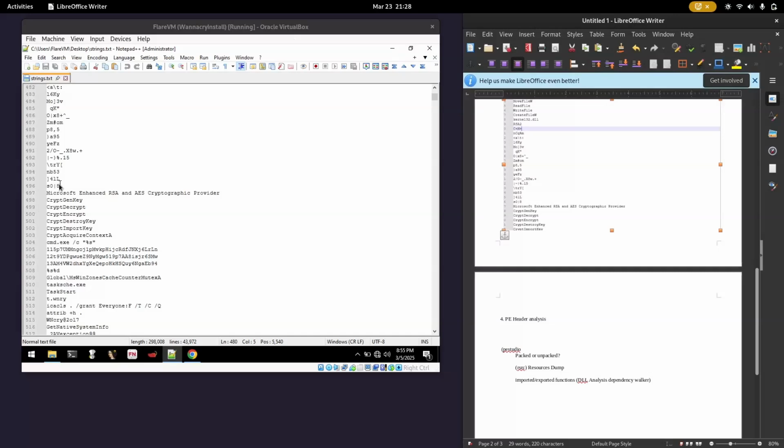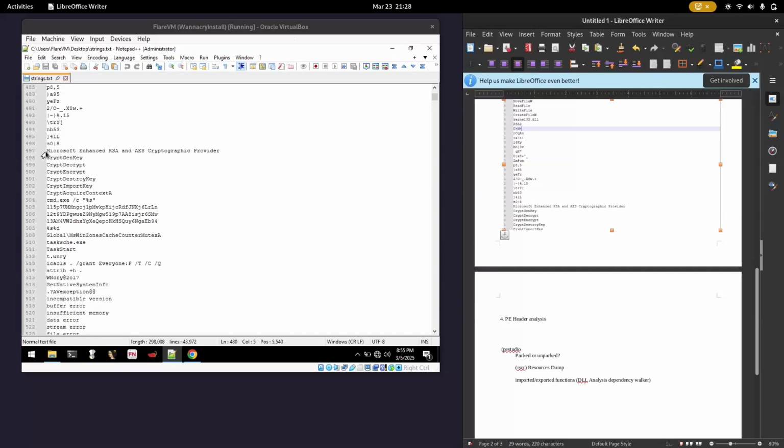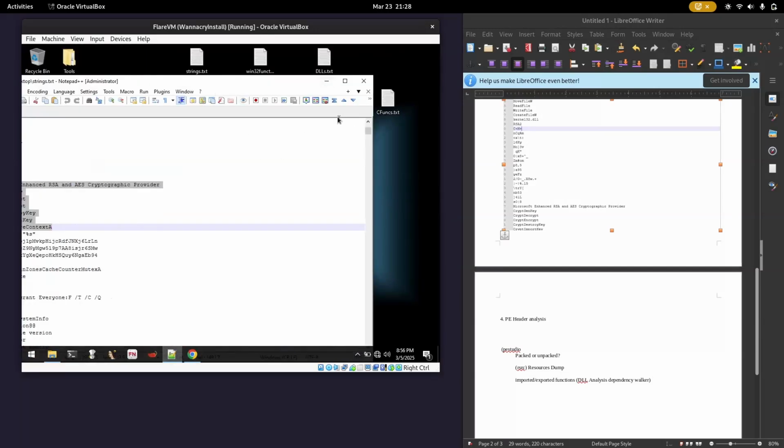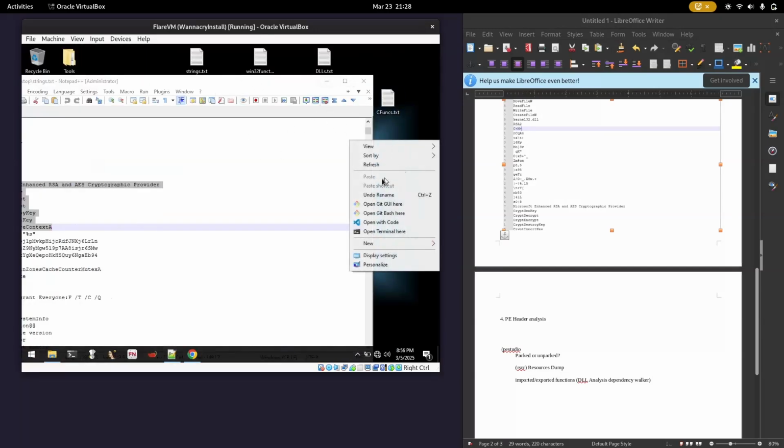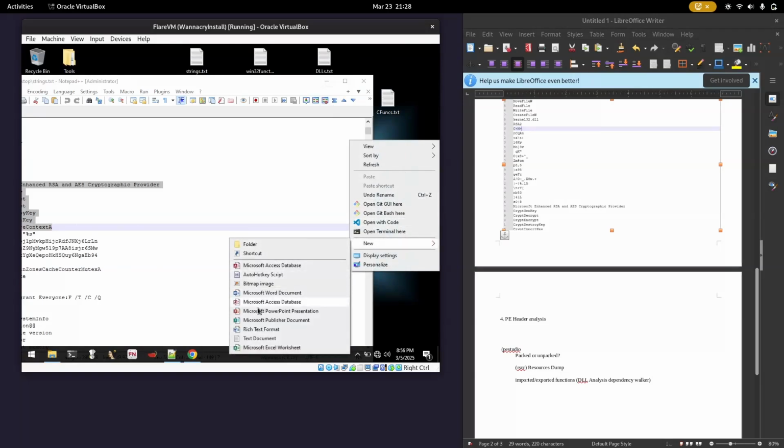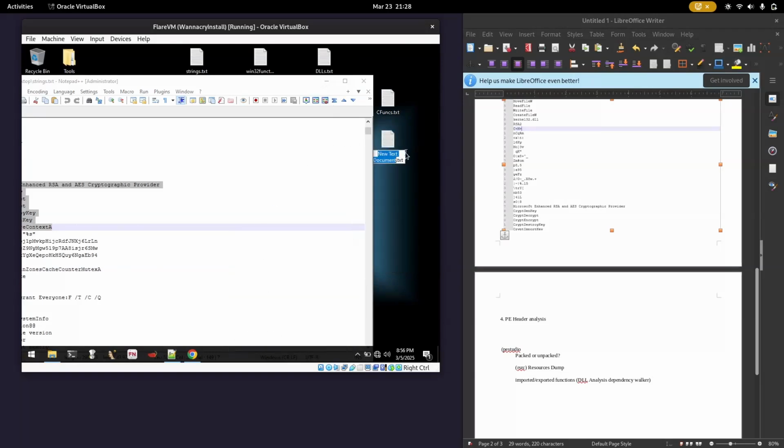Alright. Okay, here is more proof of that encryption functionality. Looks like here we're using Microsoft Enhanced RSA and AES cryptographic provider, and we have some function calls to this cryptographic. We have these cryptographic function calls, and we should include those as well. Here, for these function calls and DLLs and Win32 functions and all that kind of stuff, instead of doing screenshots, I am going to save them as text files. So cryptographic funcs. Let's save this